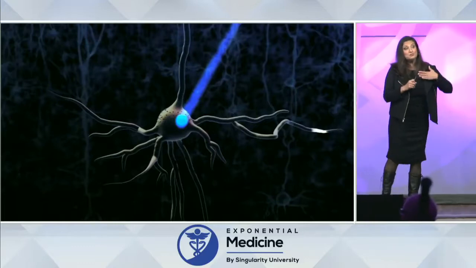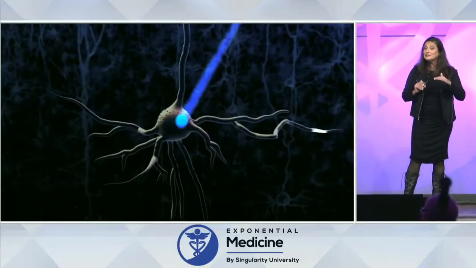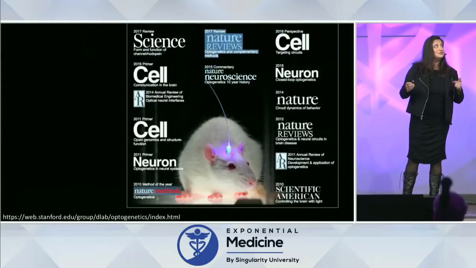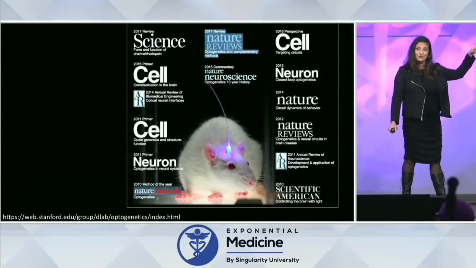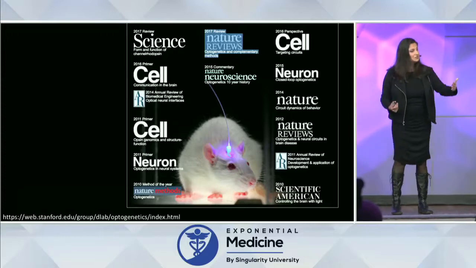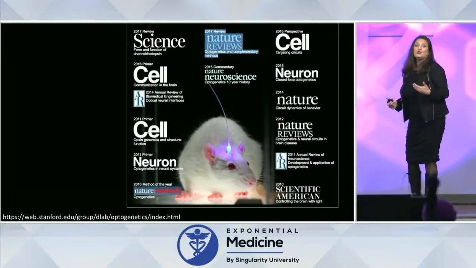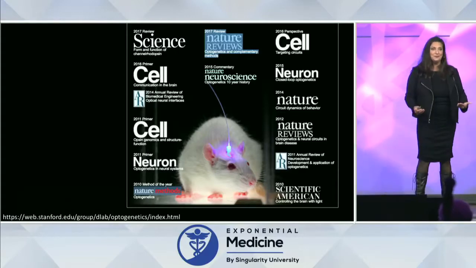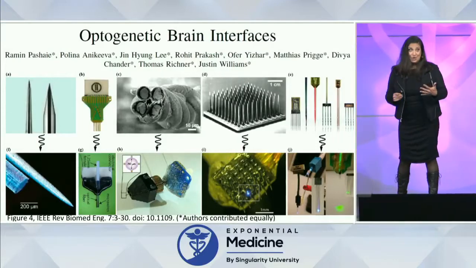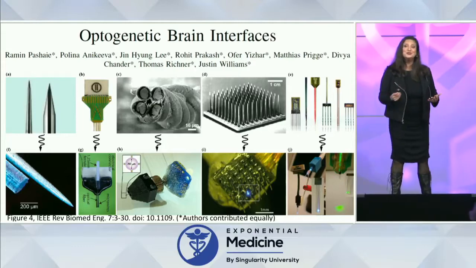You can also, depending on which light-sensitive ion channel you use, actively silence the brain. Now, this is far more specific, but as you'll see in this screen capture from Karl's website, it also requires an invasive implant, much like an electrode. This is just a fiber optic wire that comes in to control and deliver light into the brain. And a group of us, after we left Karl's lab, a group of postdocs, we wrote a paper on optogenetic brain interfaces and what the future was going to look like.